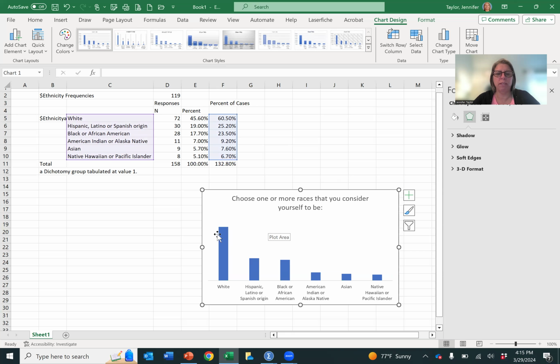Now that's great, but this bar chart now doesn't really tell you anything. So click on the bars, make sure they're all highlighted. You should see that each of them are highlighted, and then right click and go to add data labels. And now you'll find that each of the bars have data labels that tell you the exact percent. And that is all you need to do for creating a multiple response nominal variable